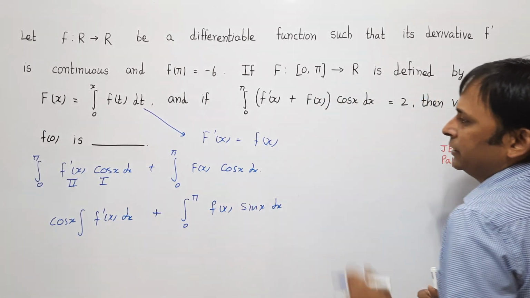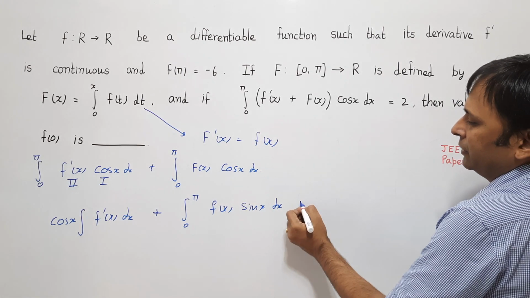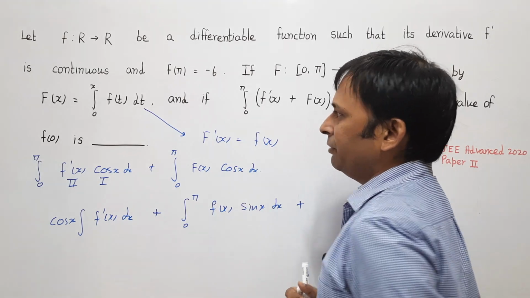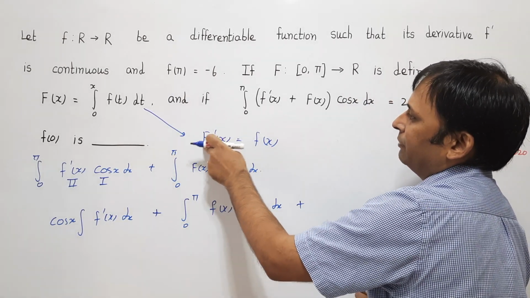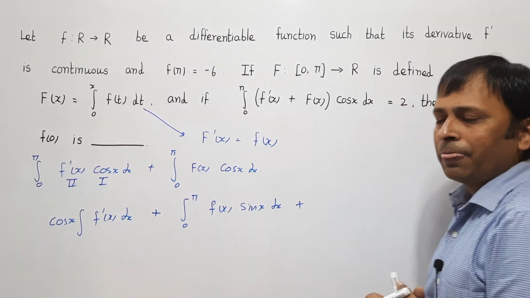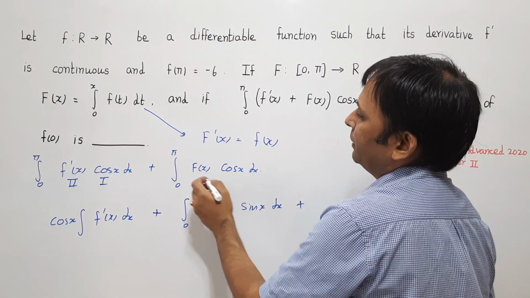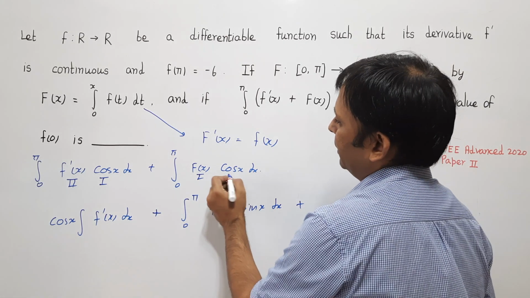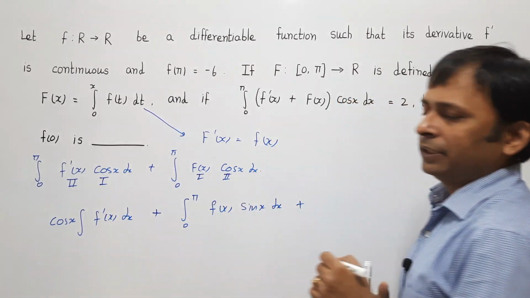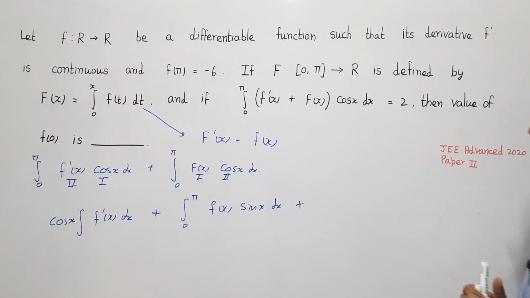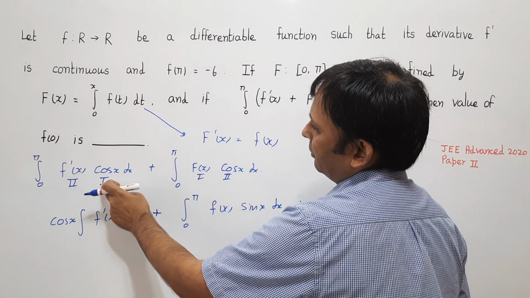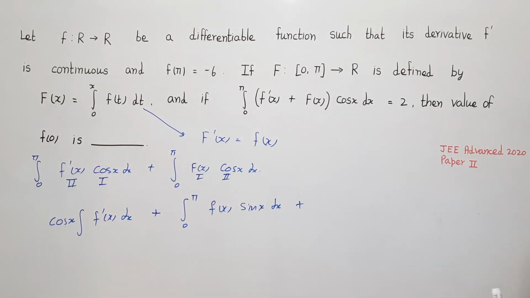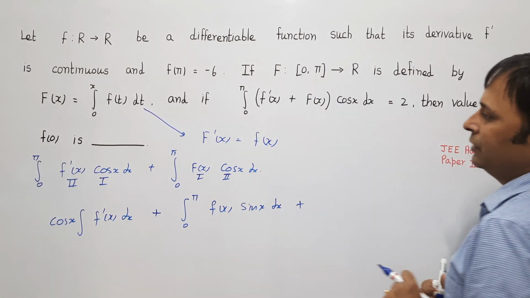Now coming on to this integral, capital Fx into cos of x. Here we know that the derivative of capital Fx, which we just got, is small fx. So this we will take as the first function, because its derivative can be easily obtained, and cos of x I will take as the second function. Earlier I had taken cos of x as the first function, here I am taking cos of x as the second function. This is the small thing which we should understand.